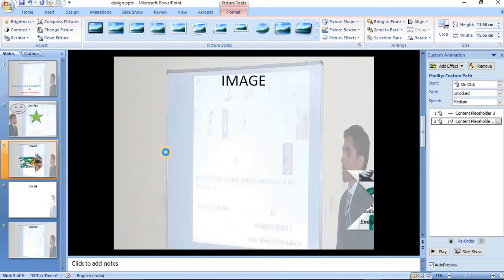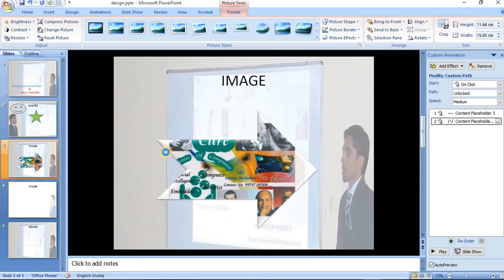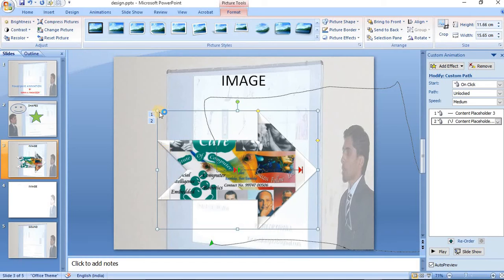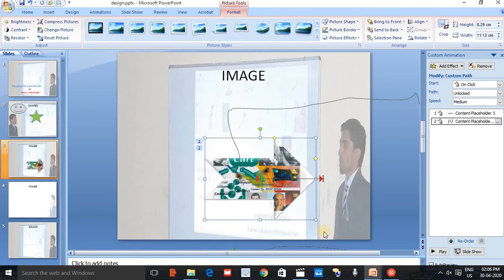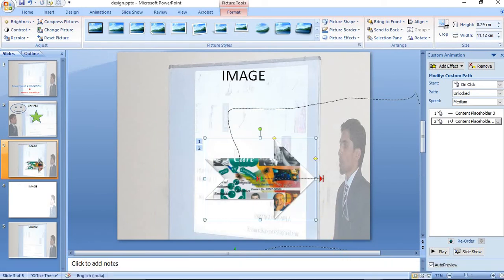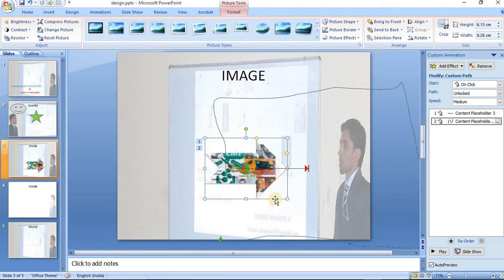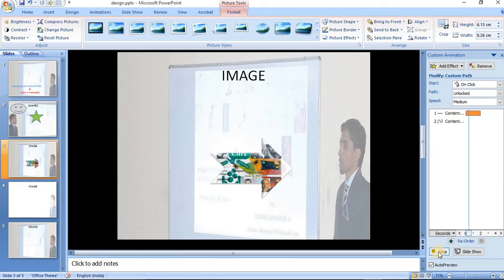It will be very interesting if you pay proper attention. If I would like to make it a small size, it will be there with the small size. So any of the arrow keys, any of the things you can add, and you can add animation inside it to make it more real.